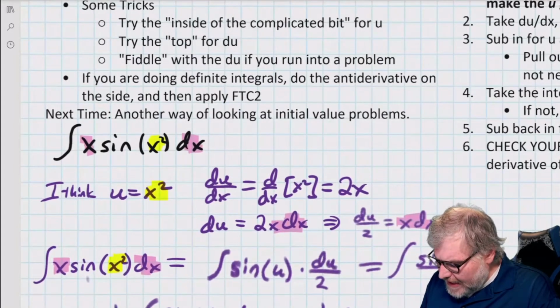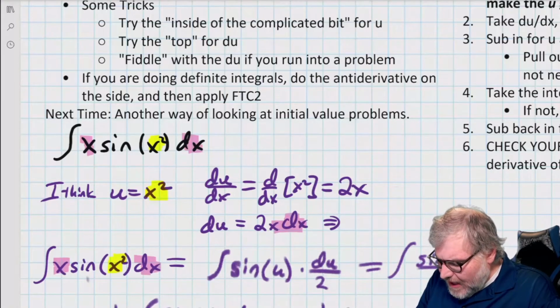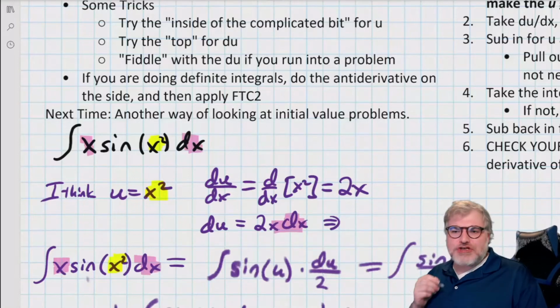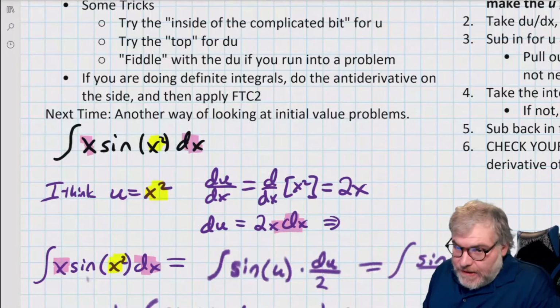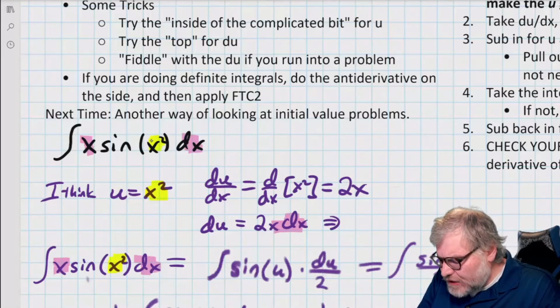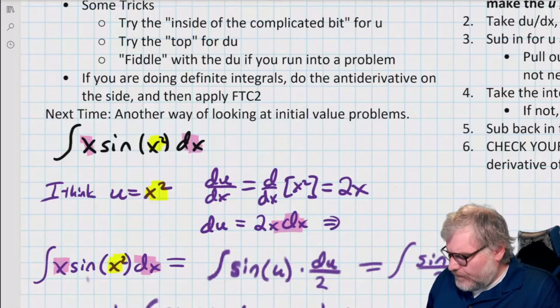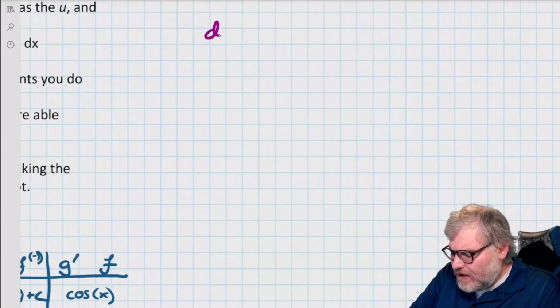Suppose I want to take the antiderivative of x sine of x squared dx. Now, this had a chain. When I took the derivative, remember, we're going backwards. When I took the derivative of whatever it was, I had to do a chain rule. So there was some u, and then there was some derivative of u. Correct? So, for example, when I took the derivative d over dx of sine,